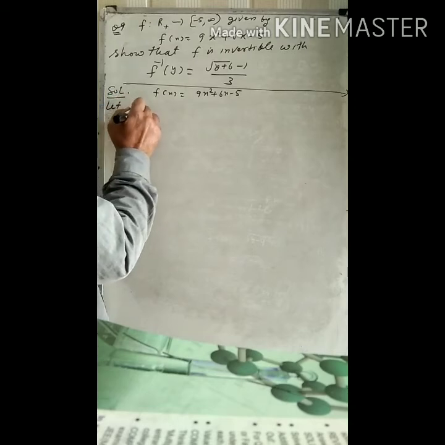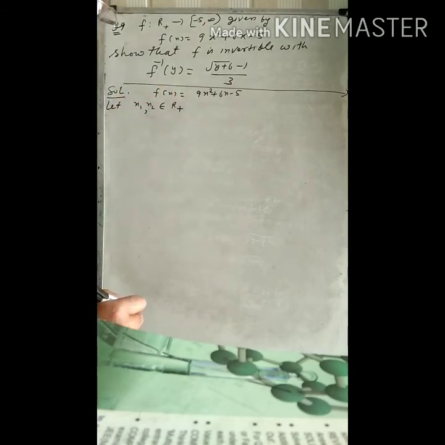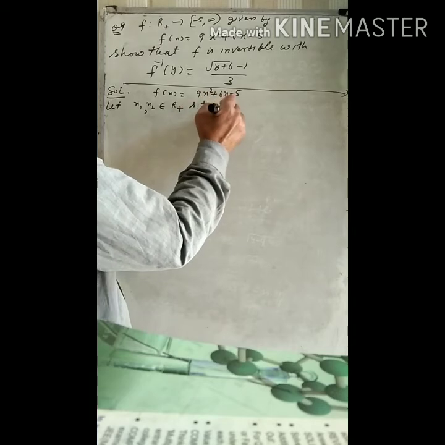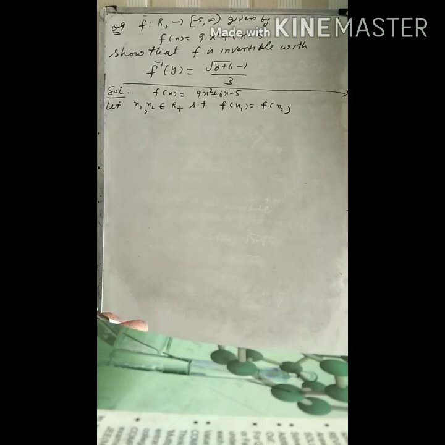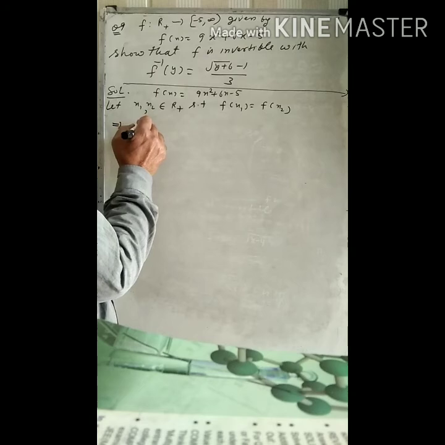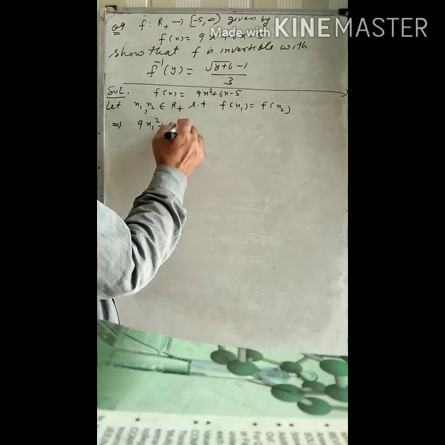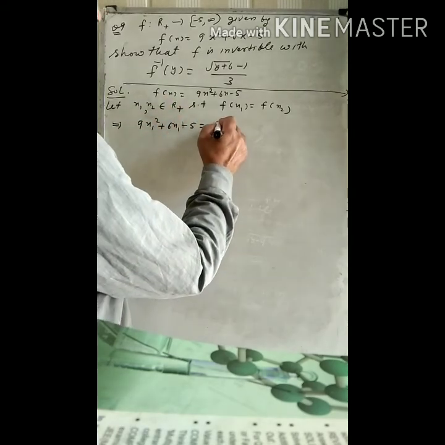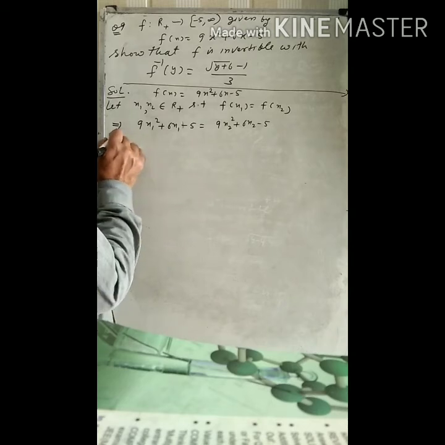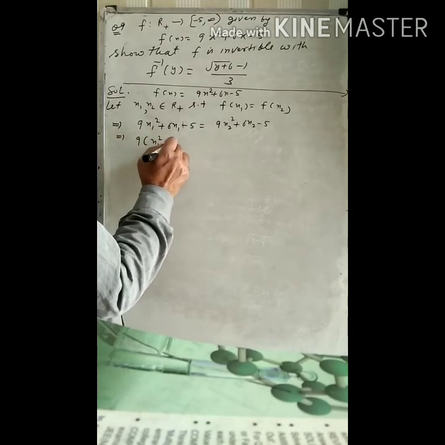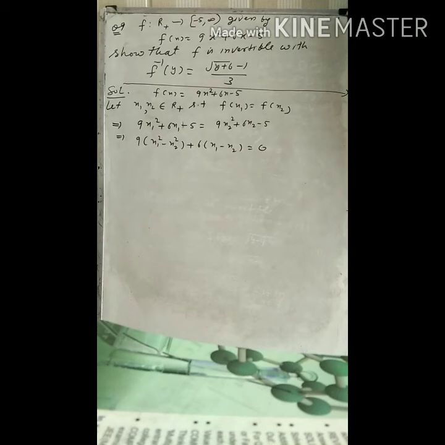Let x1, x2 belong to R positive numbers, real numbers, such that f of x1 is equal to f of x2. दिस इम्प्लाइज 9x1 का स्क्वायर प्लस 6x1 माइनस 5 इज इक्वल टू 9x2 का स्क्वायर प्लस 6x2 माइनस 5। दिस इम्प्लाइज 9 इंटू (x1 स्क्वायर माइनस x2 स्क्वायर) प्लस 6 इंटू (x1 माइनस x2) इज इक्वल टू 0।